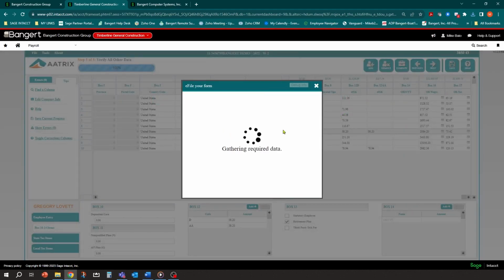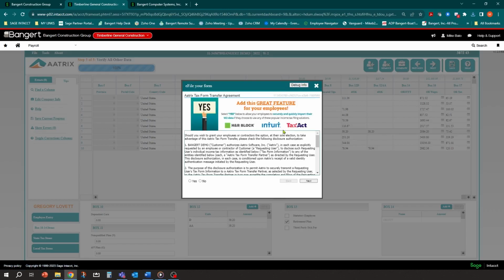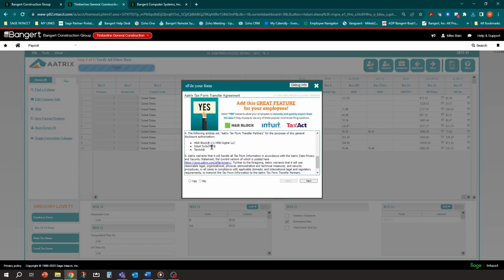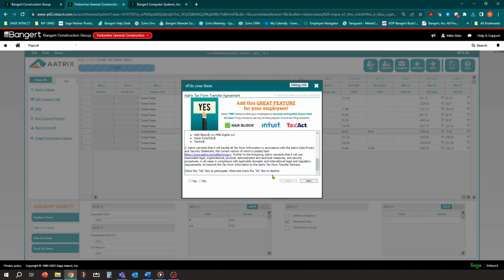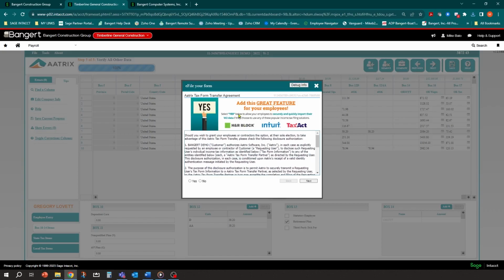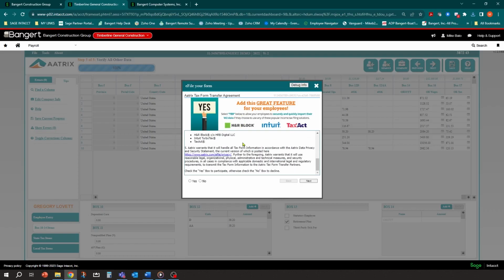And at that point, it's going to pop you into the e-file, and it's going to take you into going ahead and submitting it electronically. And this is kind of where we'll end, but let's go ahead and get it through here. And you're going to have all kinds of sales pitches here. So just make sure you read through these and only say yes when you really want to. I'm going to say no to decline that.